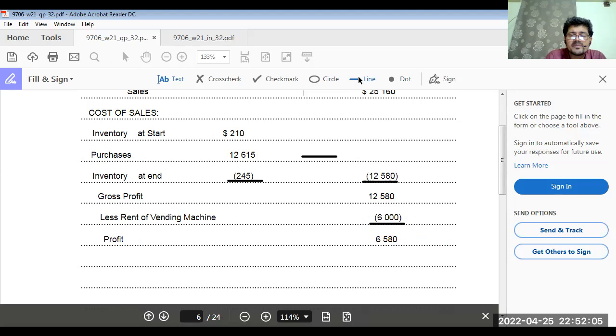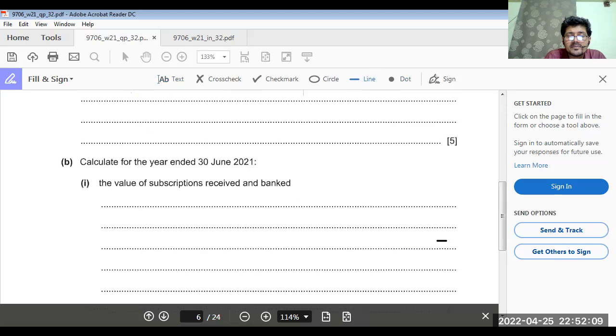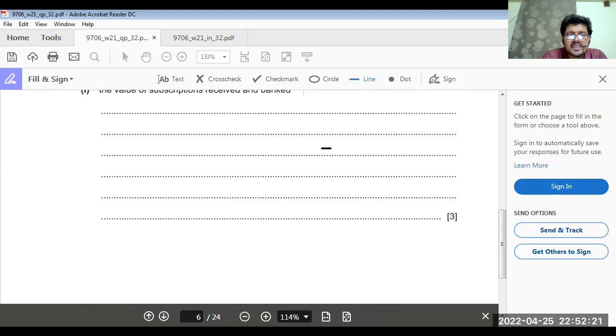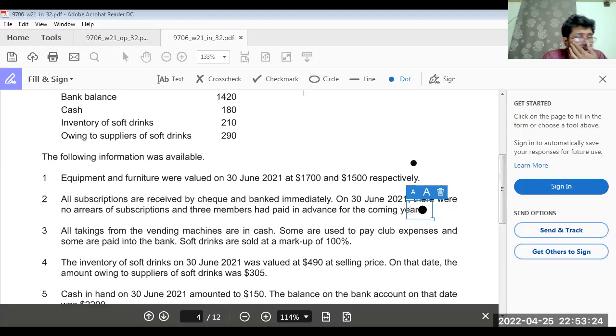Done. And mashallah, we got 5 marks. Okay. Now calculate for the year ended 30th June 2021 the value of subscription received and banked. Second item. Okay. Now see,